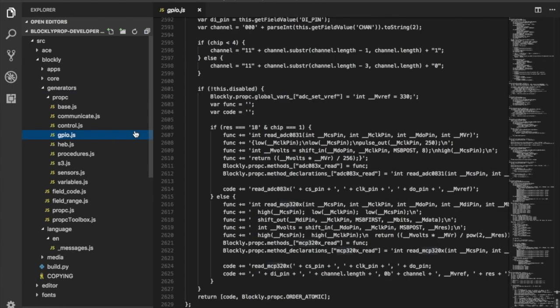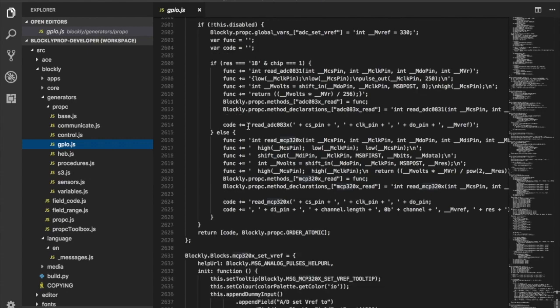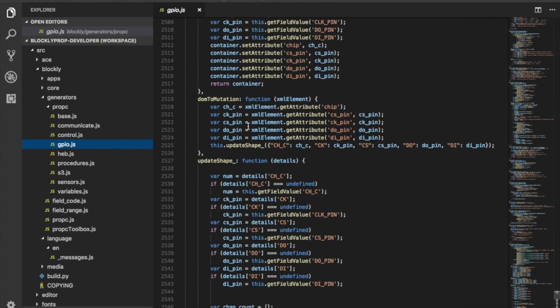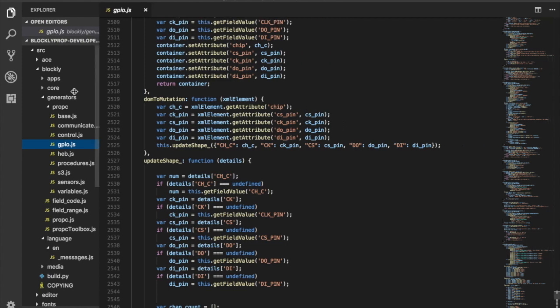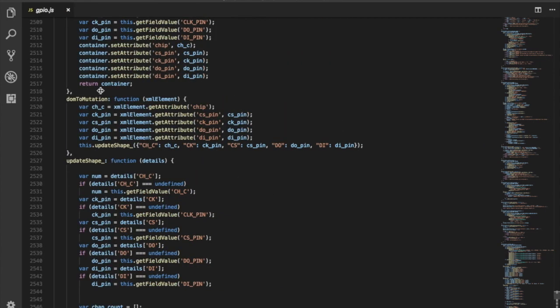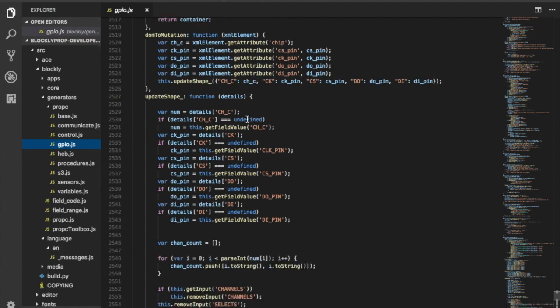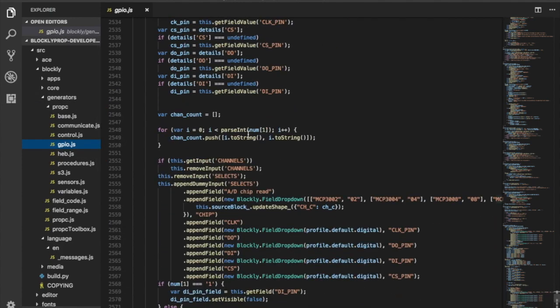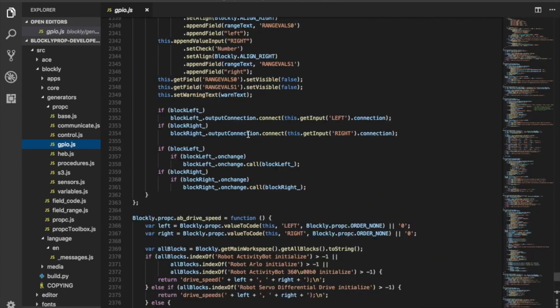So I'm going to open up GPIO here, and it's probably going to take a minute to recognize that it's JavaScript. Let's give my code a little more breathing room here. Yeah, not that much breathing room. There we go. I still want to see what file I'm working in. So while this looks complicated,